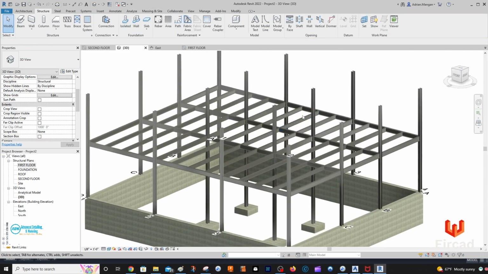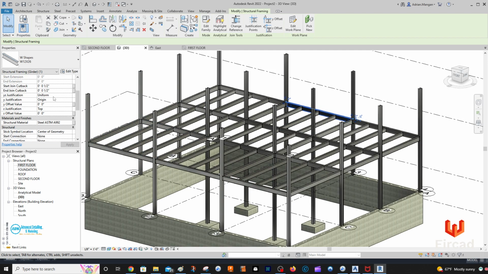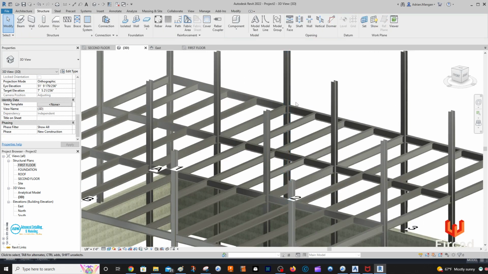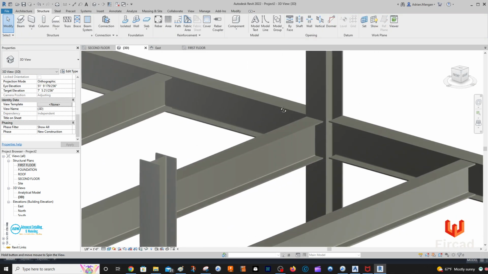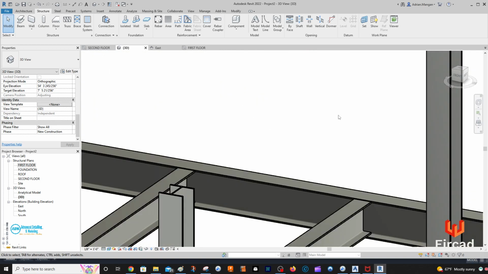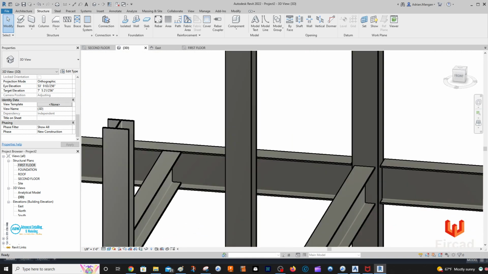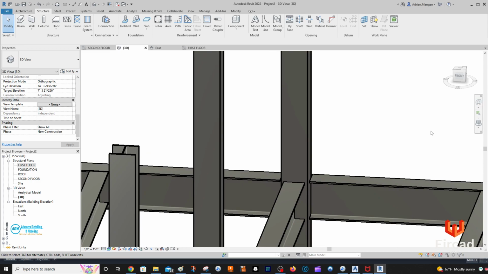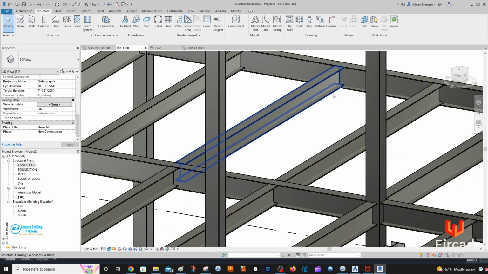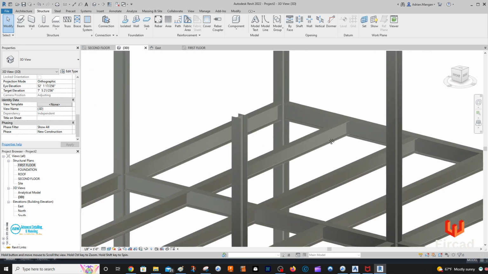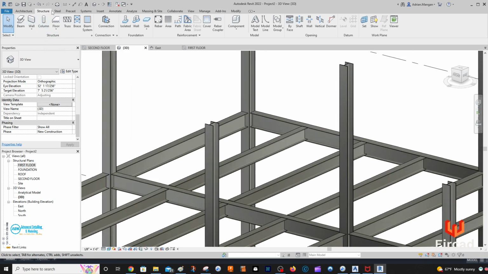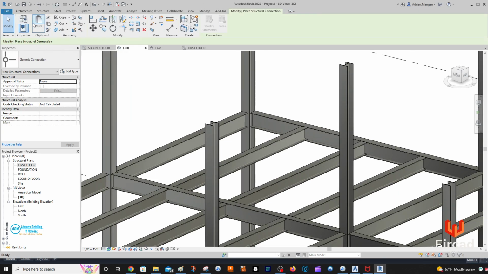So let's go to the 3D view and select one of these beams. We can see these beams should be in as girders. Yeah, so it's put them in automatically as girders. You can see it's already cut these back, which myself I don't like. So if you want to go to steel and then connections, you can see